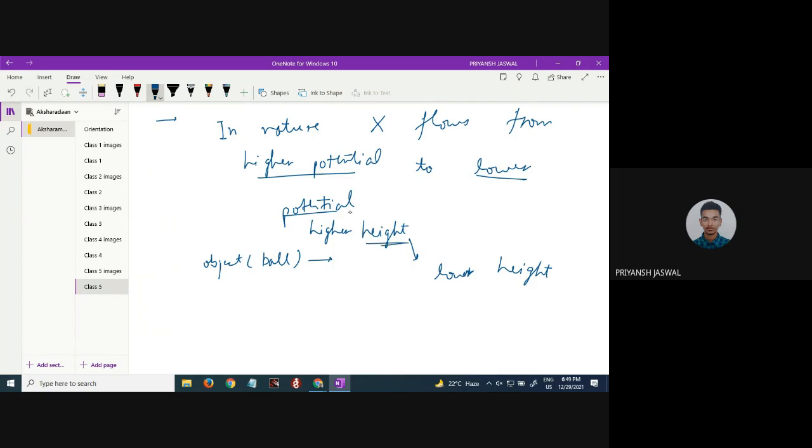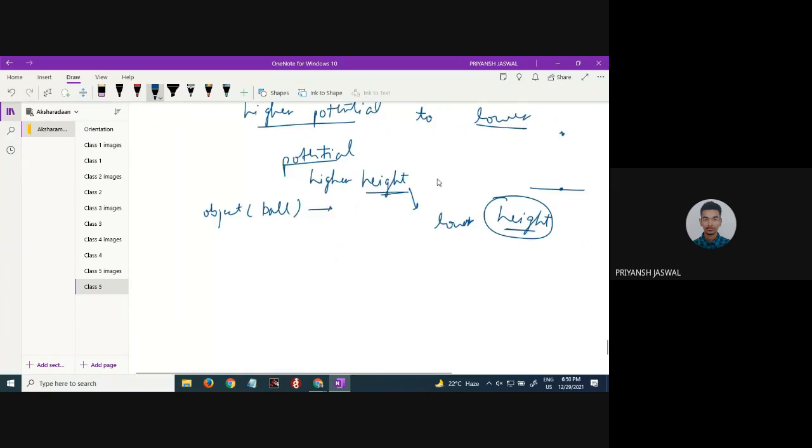So here height is the potential. There was a variation between one point and another point, that is ground. There was a difference between these 2 points of something which is called height potential, or simply the potential energy, the gravitational potential energy. So due to the difference in height, the object flowed from higher potential to lower potential. Similarly, suppose if x is a fluid,